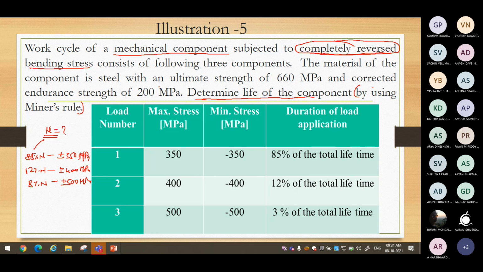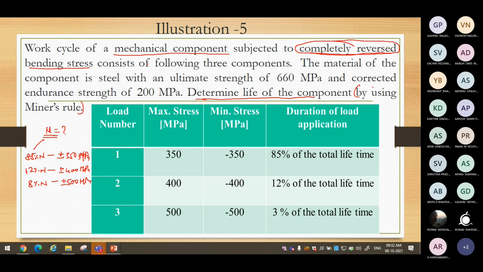Okay. Then what other data is mentioned to us in the problem? The material of the component is given as steel. That means other details related to steel need not be given. In this question, it is stated just so you avoid looking into the data handbook to obtain the corresponding material, because the specification of the steel is not mentioned, whether it is medium carbon, SAE grade, AISI grade, whether it is heat treated, non-heat treated, or cold rolled. Depending on these, properties will vary. All those things have not been stated here for you to identify the material. Therefore, straightforward data has been provided.